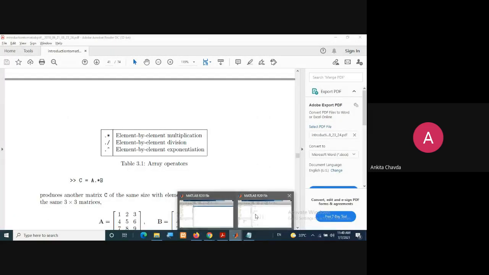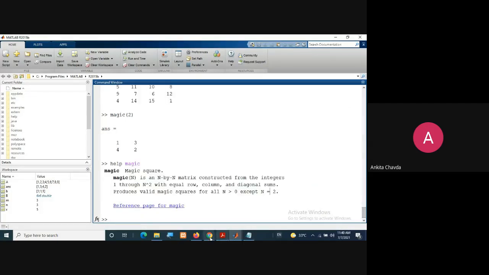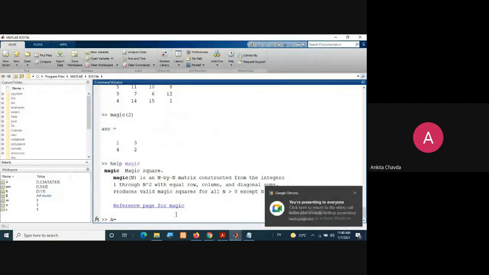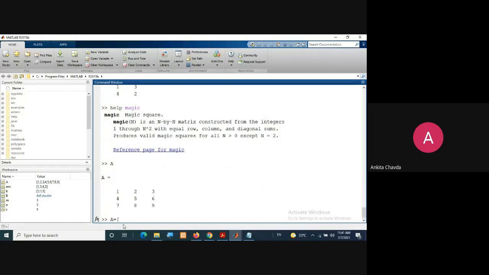So suppose I'm having the matrix A, right? And here I'm trying A equals, suppose, 1, 2, 3, 4, 5, 6.